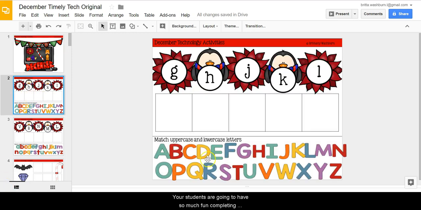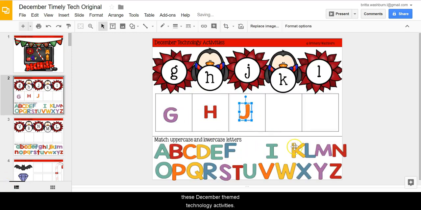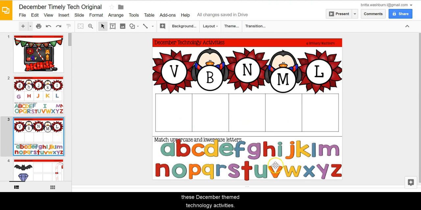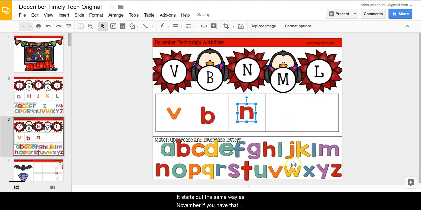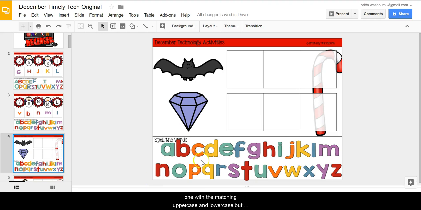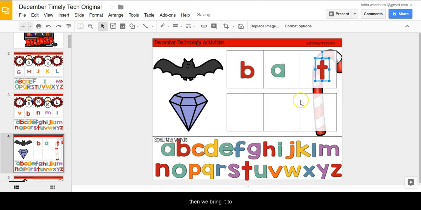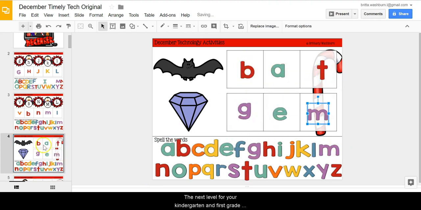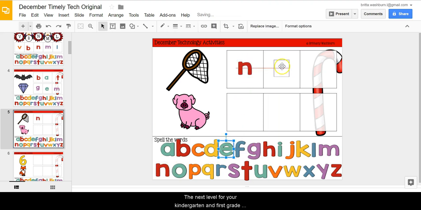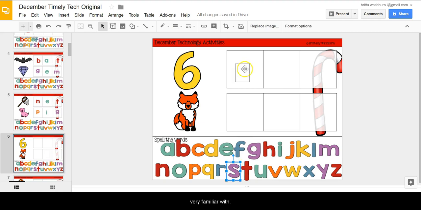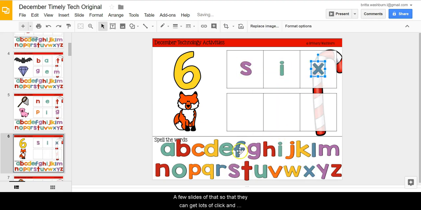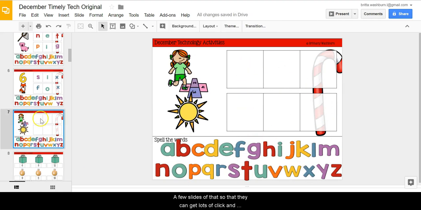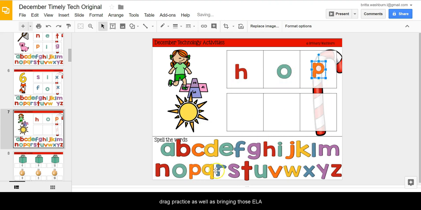Your students are going to have so much fun completing these December themed technology activities. It starts out the same way as November, if you have that one, with some matching uppercase and lowercase, but then we bring it to the next level for your kindergarten and first grade students with spelling CVC words that they should be very familiar with. A few slides of that so that they can get lots of click and drag practice,